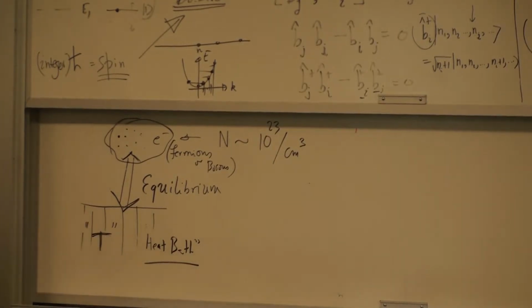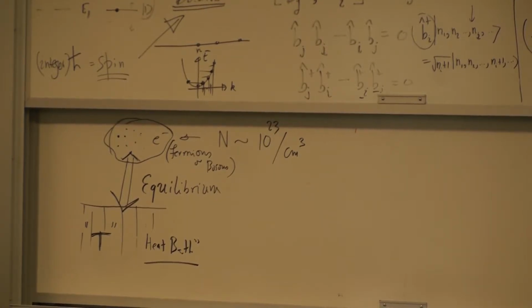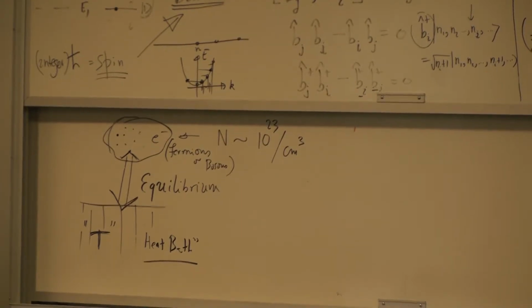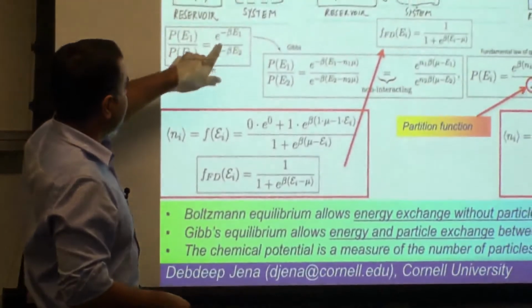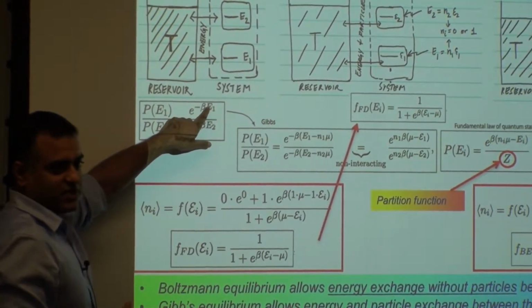So this temperature here will determine the distribution of these particles. What you do is you find the probabilities. One of the most important results of quantum stat mech is the probability of finding a particle in an energy orbital with energy E1 or E2. The ratio of that is given by the Boltzmann distribution, E to the power minus beta, where beta is 1 over kT, k being the Boltzmann constant, kB, right?